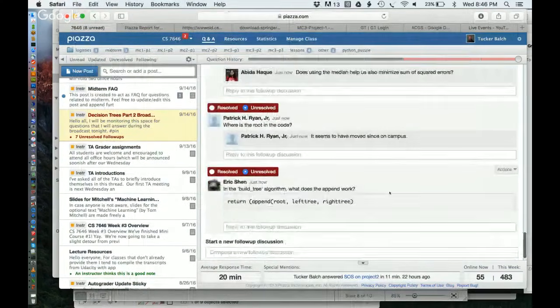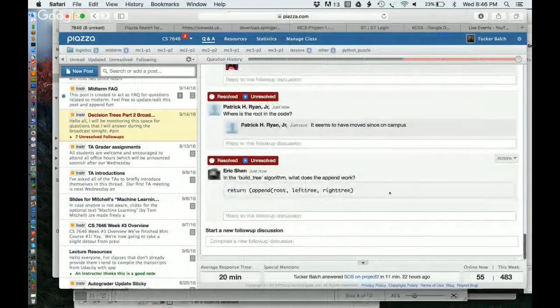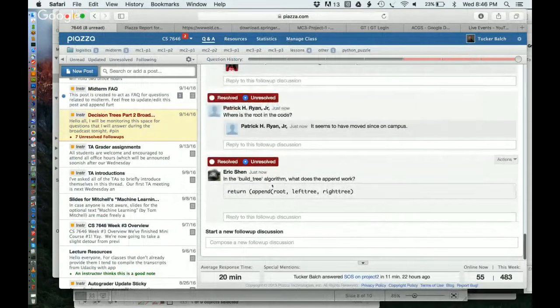In the BuildTree algorithm, what does the append do? So for ND arrays, look up the documentation for NumPy, and in particular ND arrays, and you'll see what append does. Basic idea is it